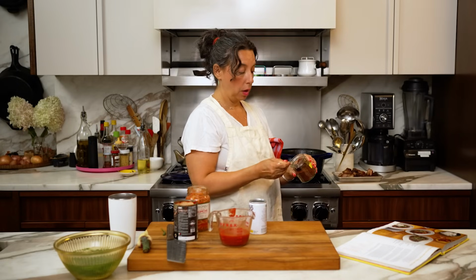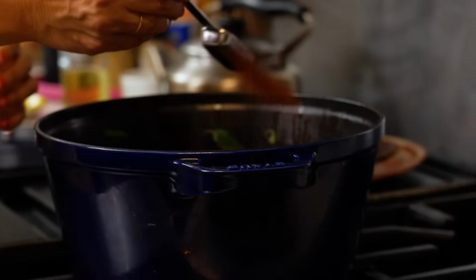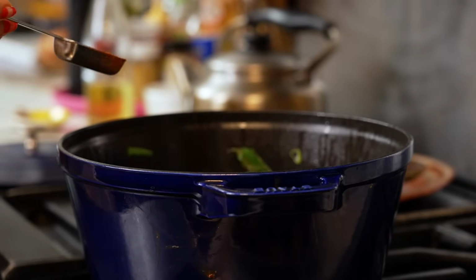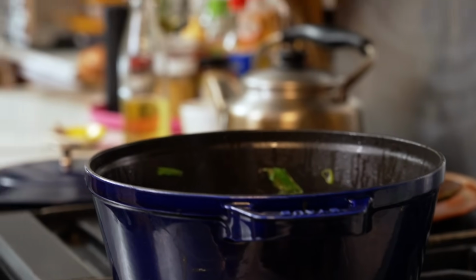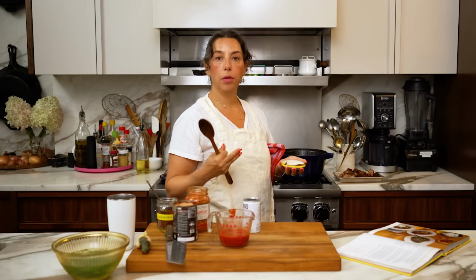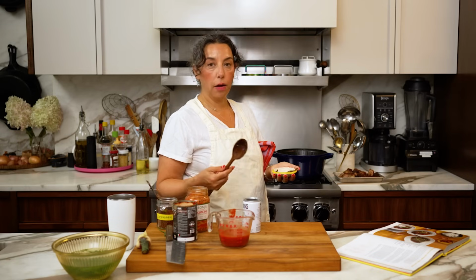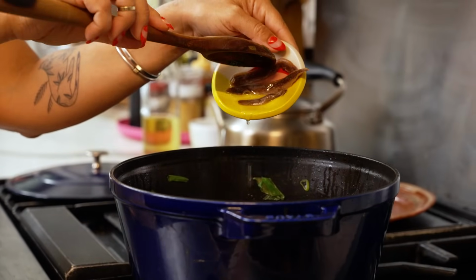So starting with a full tablespoon of gochugaru, which is the same dried chili that's used to make kimchi. So it's really gonna amp up that spicy red chili flavor without the flavor of the fermented funkiness that is in the finished kimchi. A few anchovies. So this is where I start to really diverge from an actual Korean stew, which would be made with dried anchovies in a broth that you make stock from. So in order to just get the essence of that, I'm using regular salted and jarred anchovies,